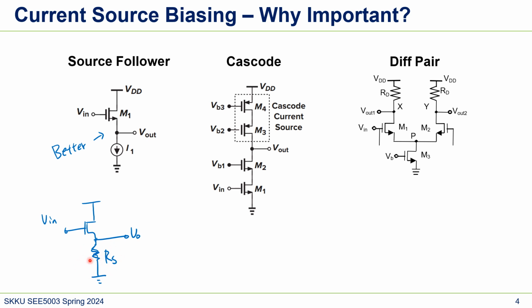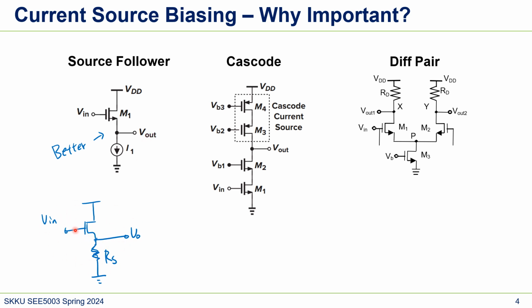But if you use just RS, the small signal gain and the large signal resistance are the same, so it's kind of hard to set the operation region at the same time as the gain. Also, this RS is not good for linearity of this whole overall circuit,